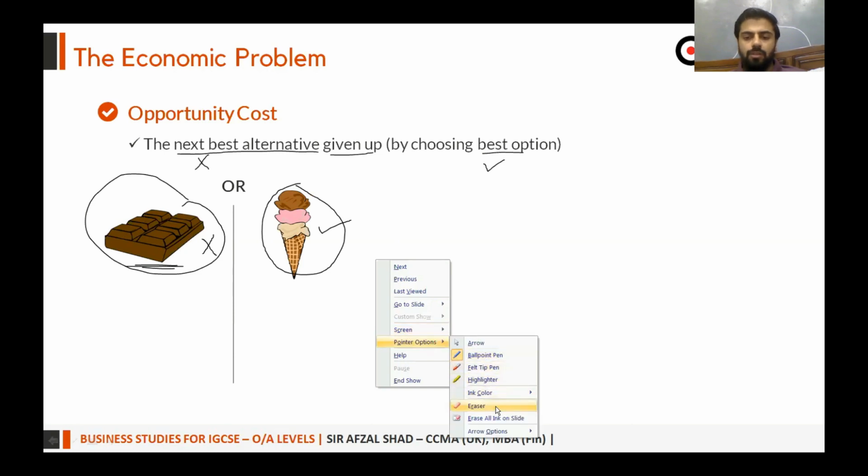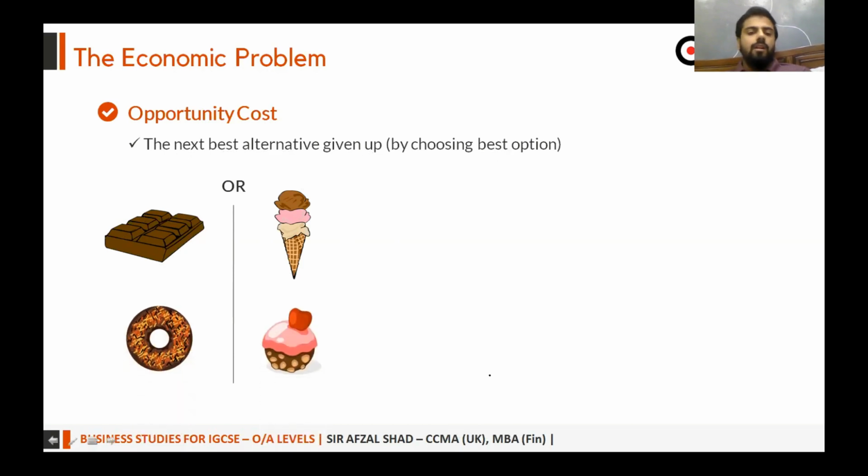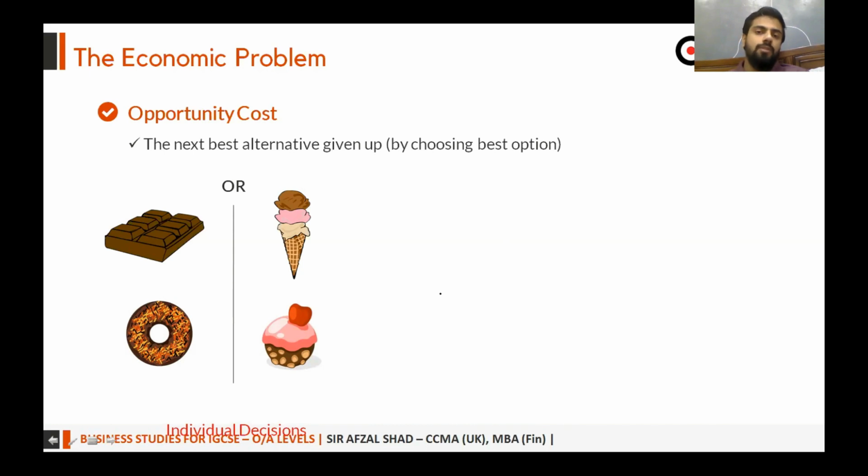Let's move on to the other example, a donut and a cupcake. Again, you have one choice. If you choose a donut over a cupcake, then the cupcake will be your sacrifice, and that sacrifice is the opportunity cost. So opportunity cost is a kind of sacrifice given up by you. These were two examples of individual decisions. Moving on to the next part,